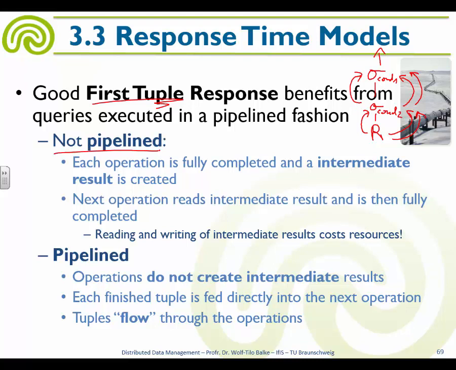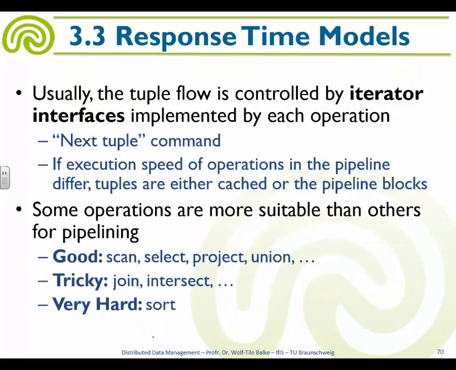Two different ways, right? One is not pipelined, with intermediate results. One is pipelined. The tuples kind of flow through the operations. Each tuple is subjected to different operators, one after each other, without ever stopping in an intermediate result. Good. So usually tuple flows are controlled by iterator interfaces, right, where each operator has the next tuple command. And you see what's happening now